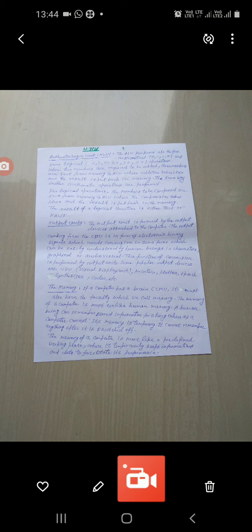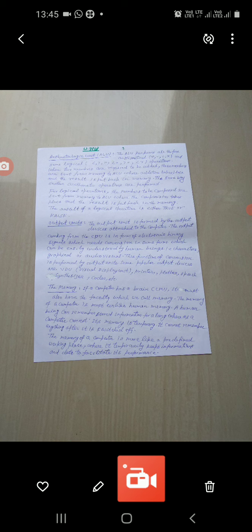In the same way, other arithmetic operations are performed. When you want to add, subtract, divide or multiply two numbers, these numbers are sent from memory to the ALU, and then addition, multiplication, division, and so on takes place, and the result which is obtained is put back into memory.